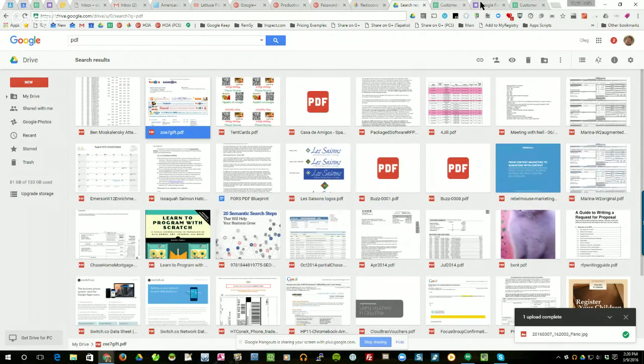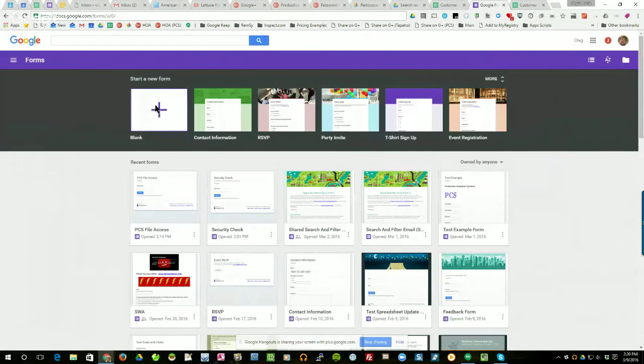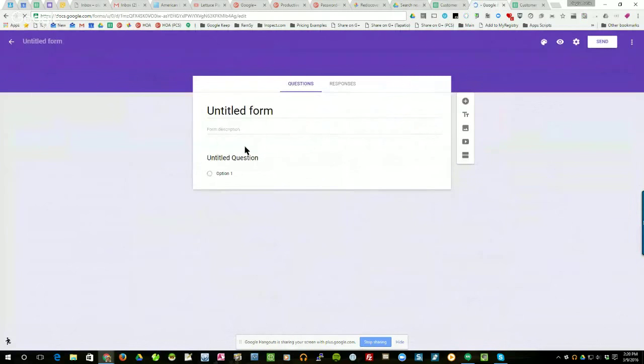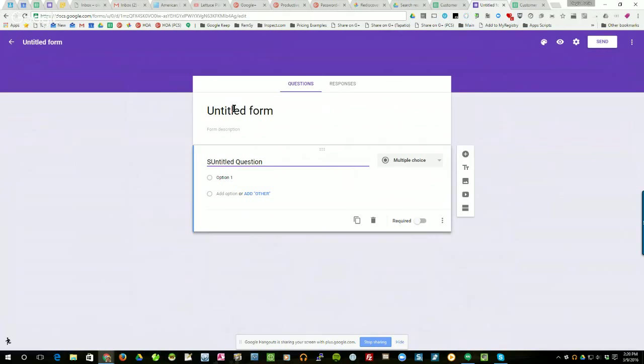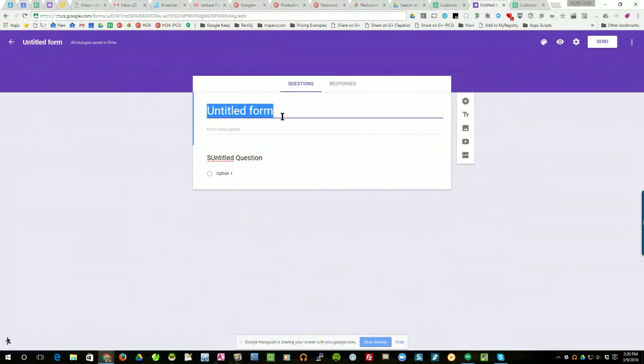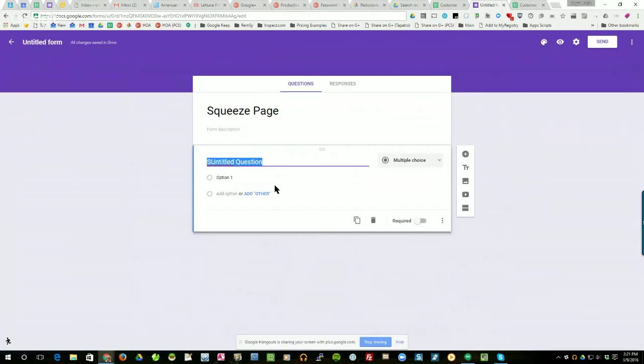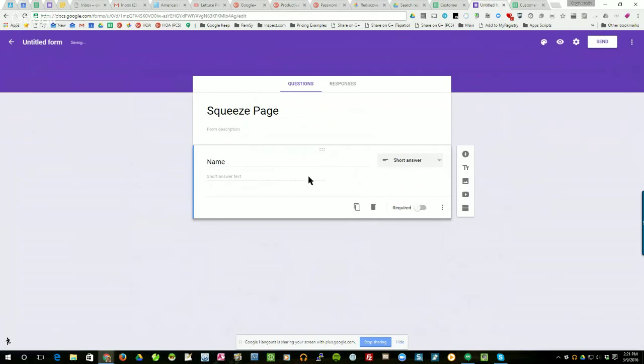And so then we go back to forms, and we can set up a new form. This would be an example of a squeeze page. It's not a very nice name, but that's what it's officially called. So let's just do that. Here we're going to put in name, and that's going to be a short text field. And we're going to make it